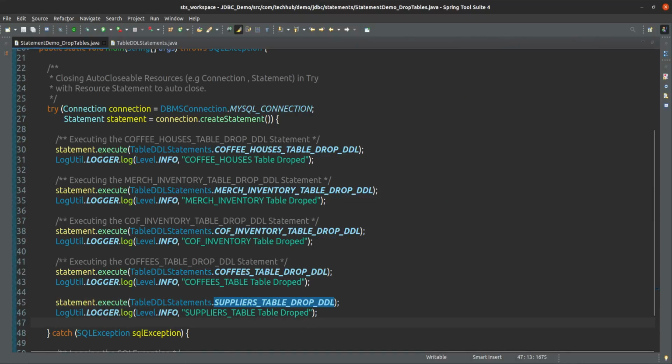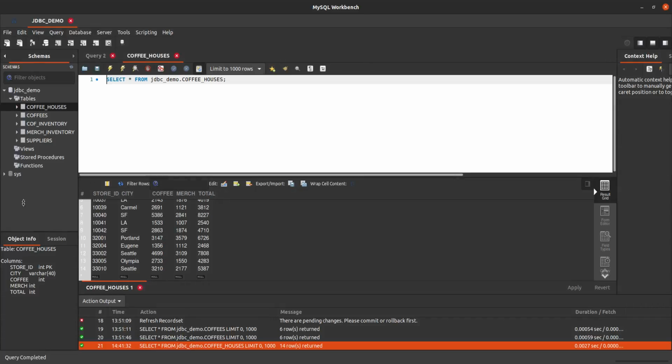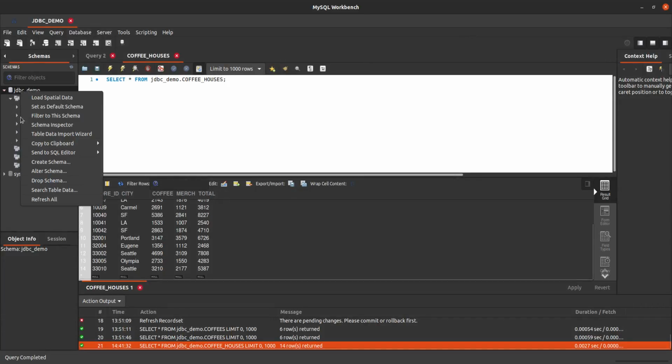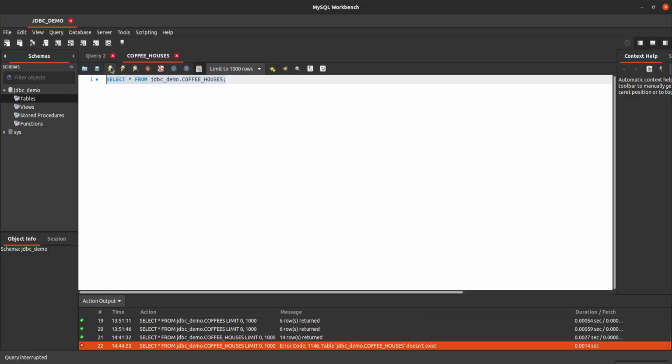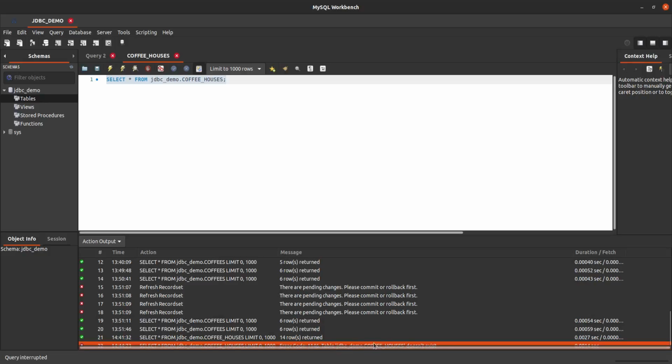Okay, so here if you go to your workbench and refresh this database, you will see the tables are dropped, there is no table. If I execute this statement also, I will get one error. What is that error? Table does not exist.